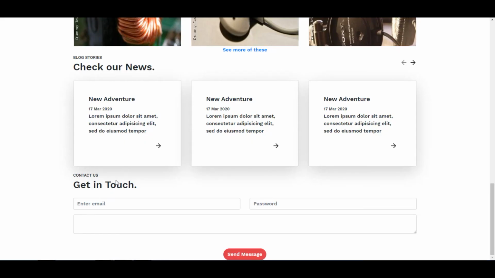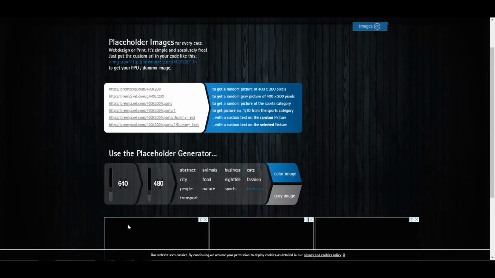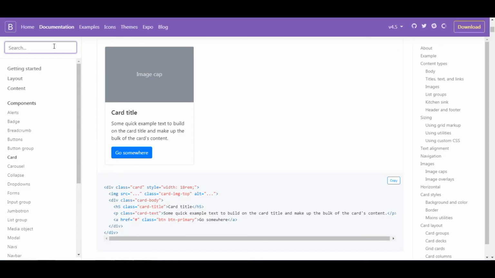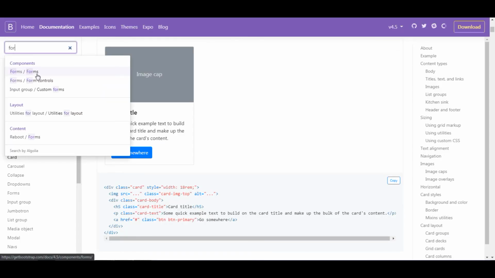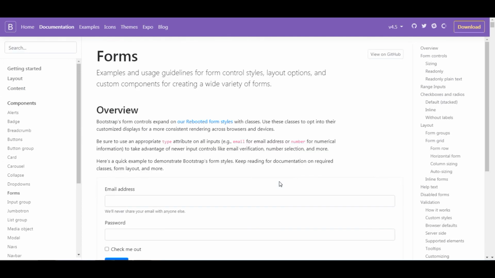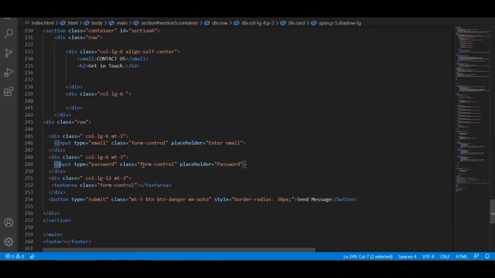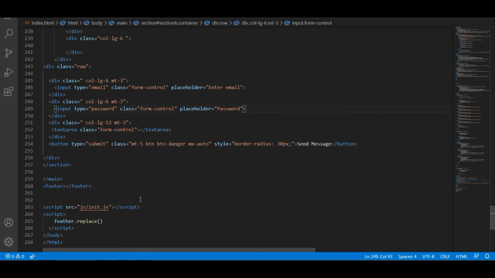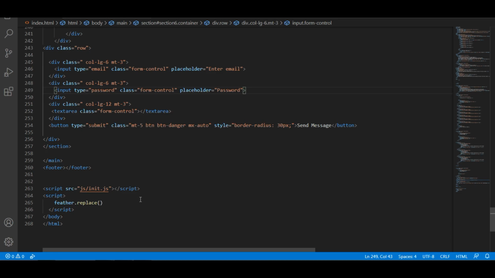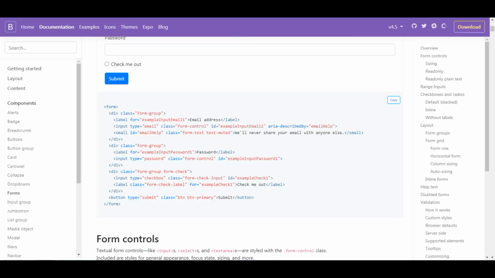In a single row, I have made the form controls here. For using these types of form controls, you can come to Bootstrap forms. You can take these forms to the application. I have taken the input text and applied the class form-control here.